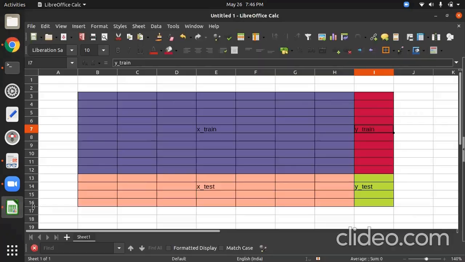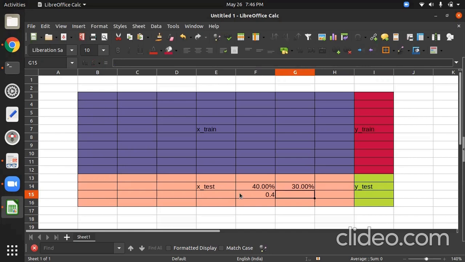Now the second question arises: what is the expected test size? Test size is 40% or 30%. You can take these two sizes. For 40% you have to write 0.4, because in any calculation in data science the maximum is 1.